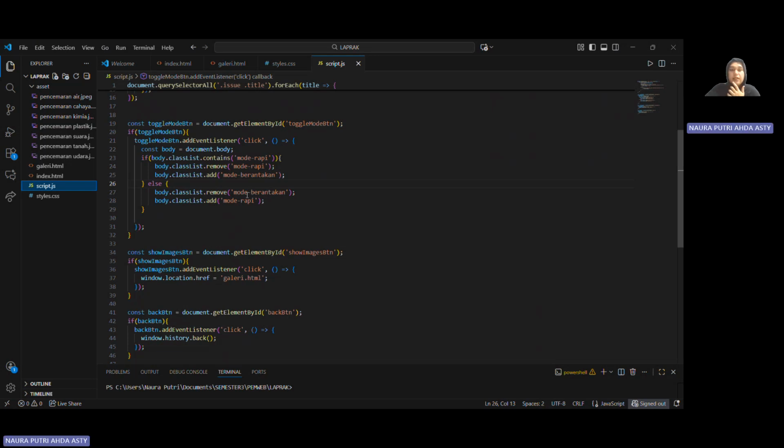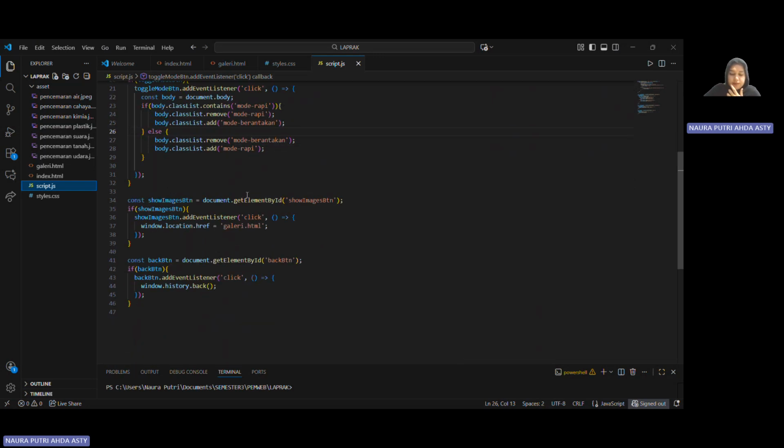And then the next one is show image. When the user clicks, JavaScript will move it to the gallery. If we want to see the gallery or show the image, it will move to the gallery page.